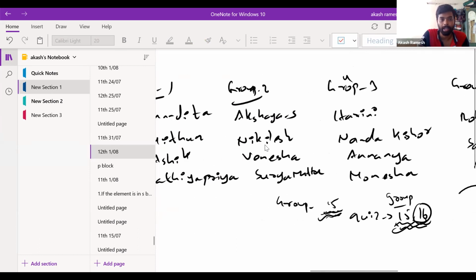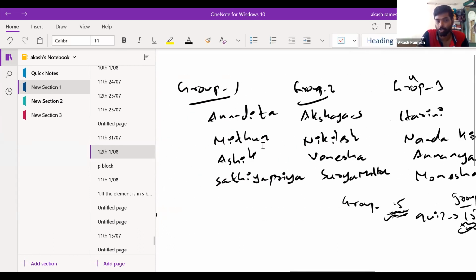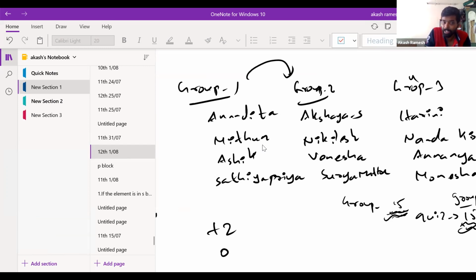Right. Okay, and these are the rules, people. I will ask the question first. Obviously the first question goes to group 1. For every correct answer you will get +2, and there's no negative marking here. No negative mark for wrong answers. If you don't answer, you get 0. And if you don't answer, it will pass on to group 2. If group 2 answers the passed question, they will get +1. And if they don't answer, nothing. And if they don't answer, it does not pass to group 3. Only the next group